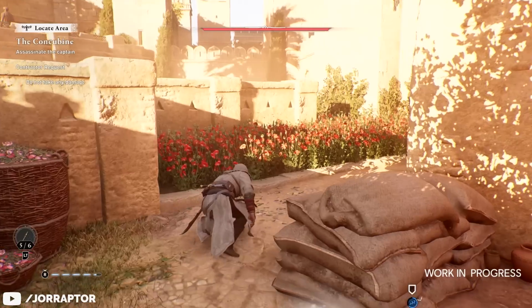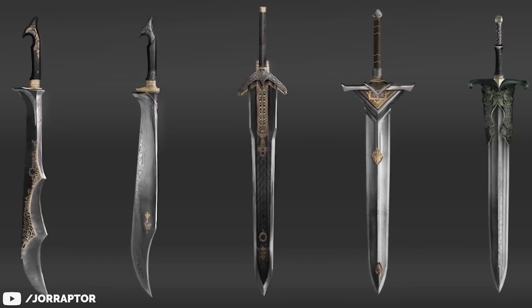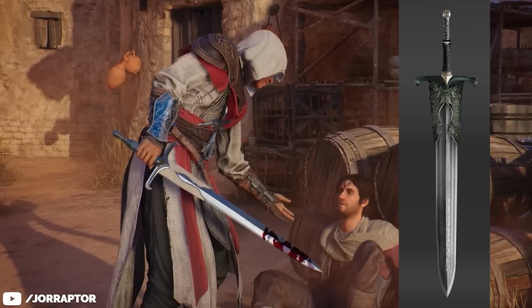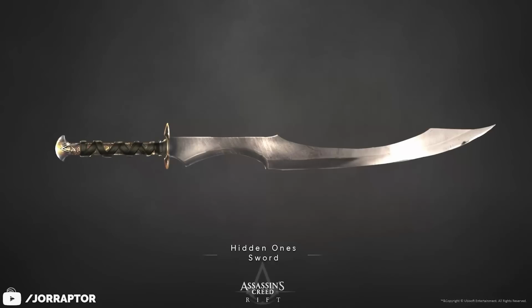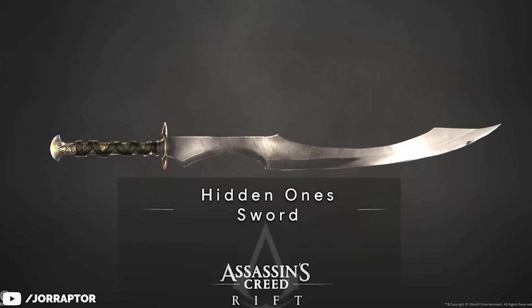There should be small perks on the two weapons we can use, swords and daggers, with them showing some concept art for swords that we can likely find throughout the game, with one of them looking a lot like the weapon that Roshan is using in the story trailer, so maybe we can use that as well. They also briefly showed the Hidden One sword, maybe the best sword we can find in the game. And I love that it still shows the Assassin's Creed Rift logo here, which of course is the code name for